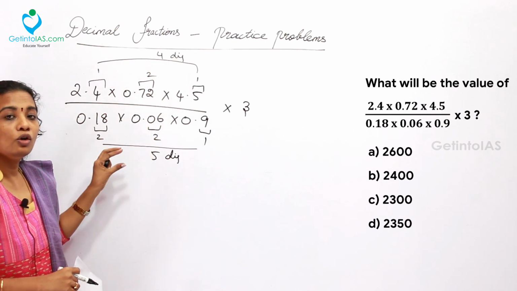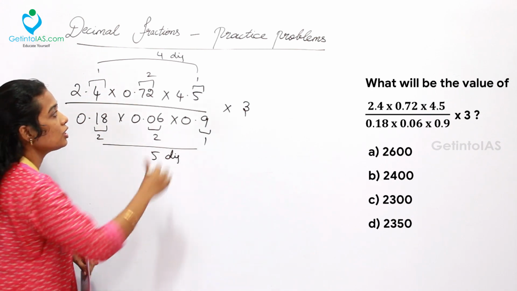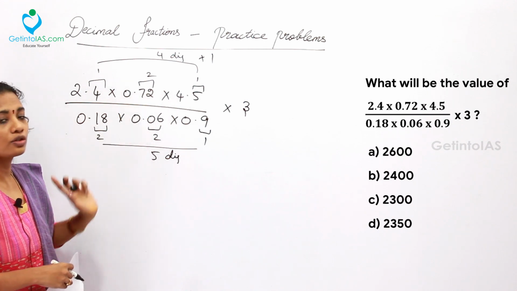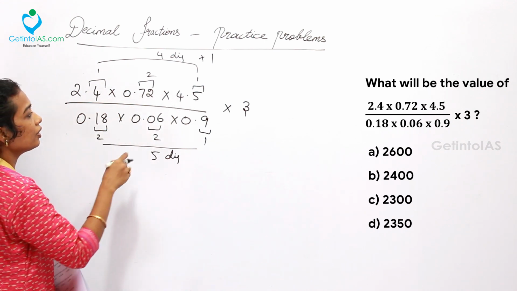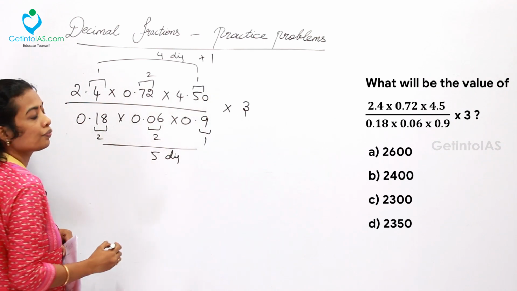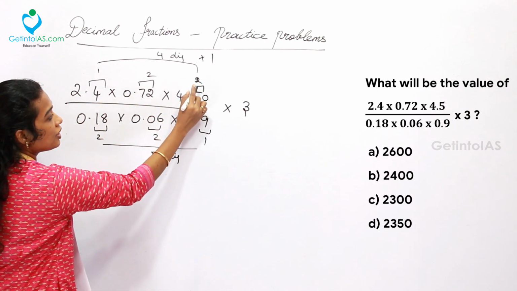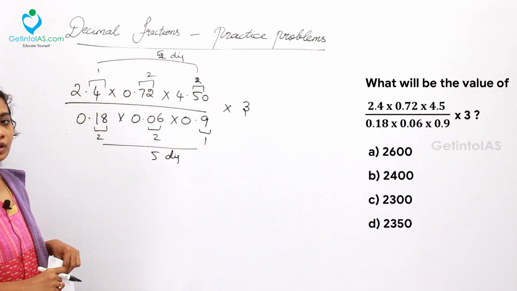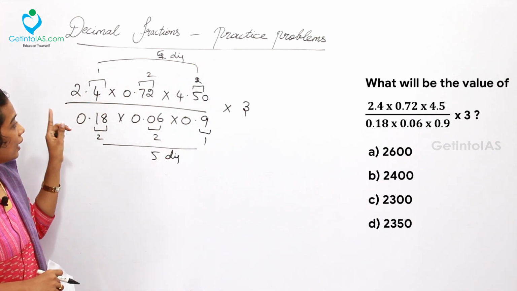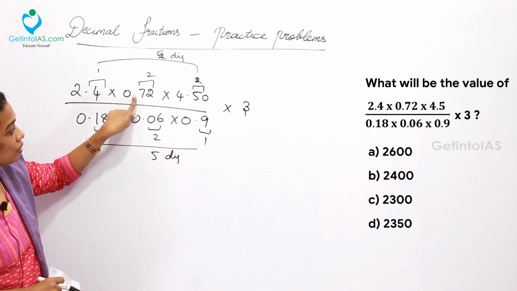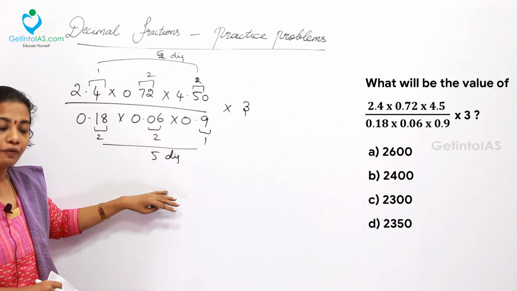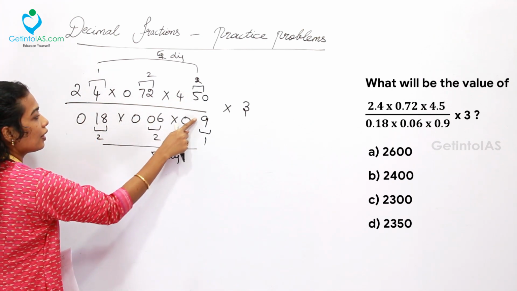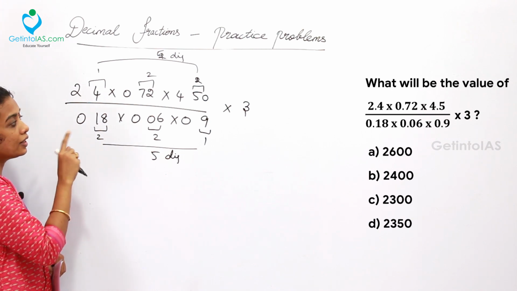So totally 2 plus 2 plus 1, overall 5 digits after the decimal point in the denominator. And 1 plus 2 plus 1, overall 4 digits in the numerator. First of all, you want to do the balancing process. Balancing means 1 digit extra is required, so for that you can add a 0 anywhere. Simply I am adding a 0 here. Now here it will become 2 digits after the decimal. So 5 digits here, 5 digits here. That's all. Now you can remove all the decimal points, here, here, here. Everywhere I have removed the decimal points.